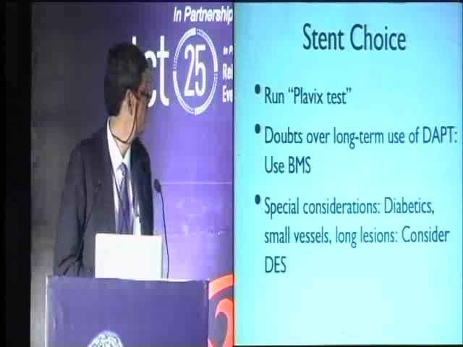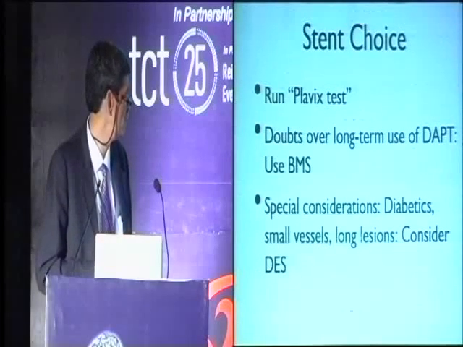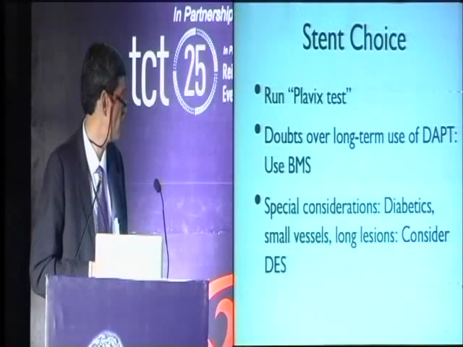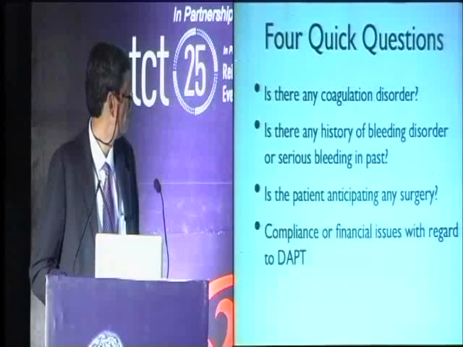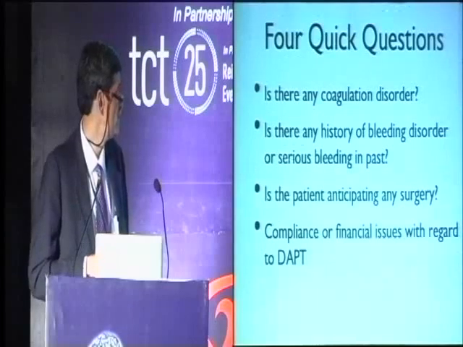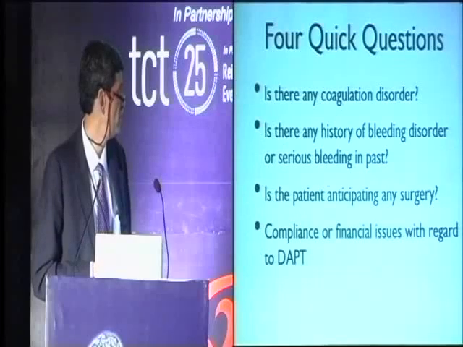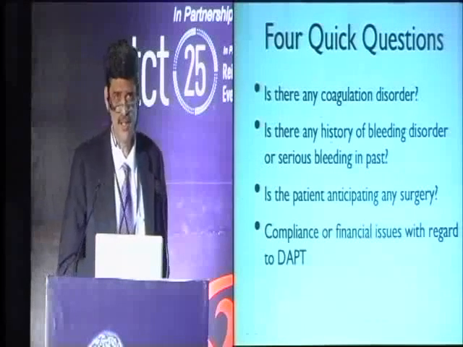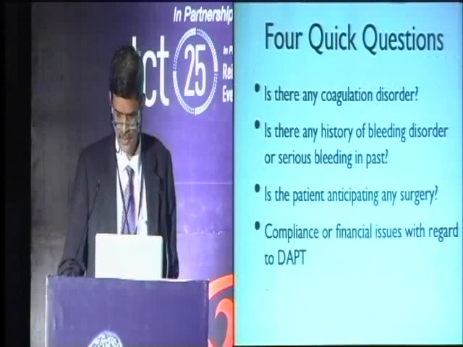Stent choice: again, make sure that the patient will be able to take long-term dual antiplatelet therapy. Special considerations for diabetics, small vessels, and long lesions are where you have to consider the drug-eluting stent. We generally use 4 questions. Is there any anticoagulation disorder? Is there any history of bleeding disorder, or has the patient suffered from a serious bleed? Is the patient anticipating any surgery? And how is the compliance issue? If all these factors are favorable, then you can use a drug-eluting stent, otherwise go for